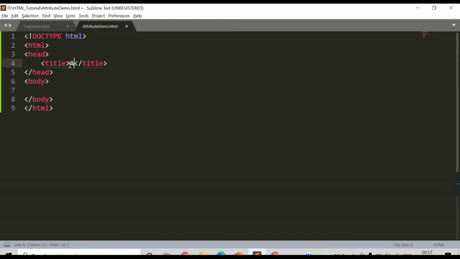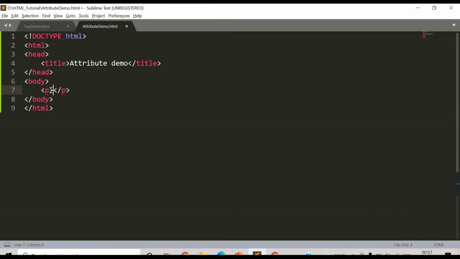Title will be attribute demo. Here we need to give the tag name. So let's take paragraph. So here is our start tag, end tag.